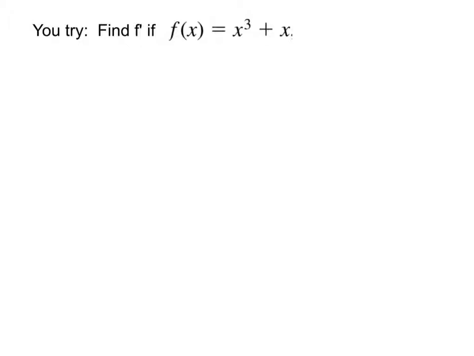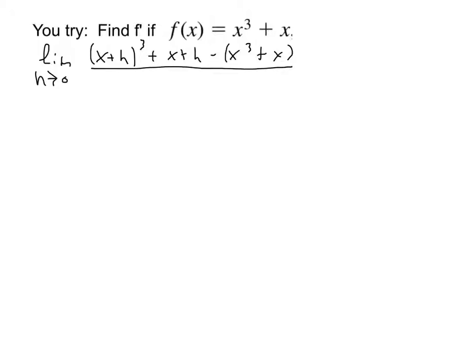Okay, so hopefully you did the same thing and you said that the limit as h goes to 0 of (x plus h) cubed plus (x plus h) minus (x cubed plus x) all over h,